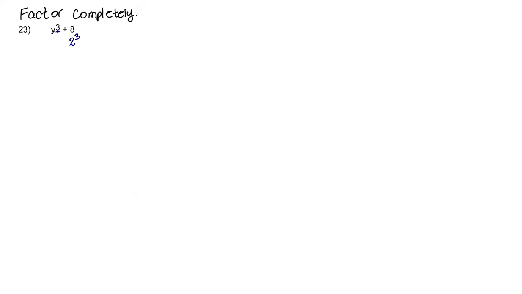But whenever you have a binomial, like what you have here, and you have the first term raised to the power of 3, you should always question yourself whether the second term should be a cube or not. And if it is, then you have a sum of cubes, which is what we have here. So when you have a sum of cubes,